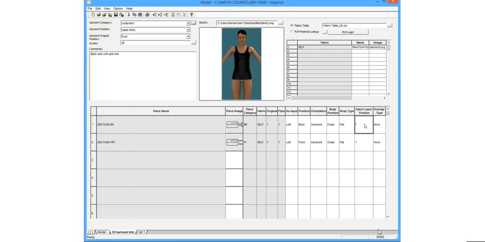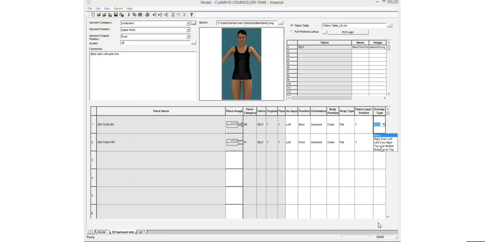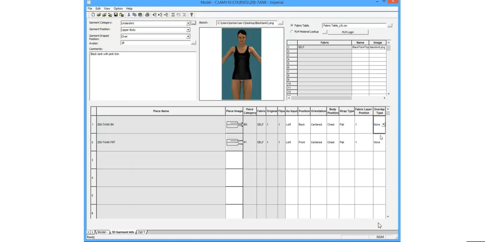Fabric layer position determines how the pieces should be layered relative to one another within a garment. A number is specified, and the lower the number, the closer the pattern piece is to the body. For example, the front piece of a shirt would be a 0, while a patch pocket for that shirt would